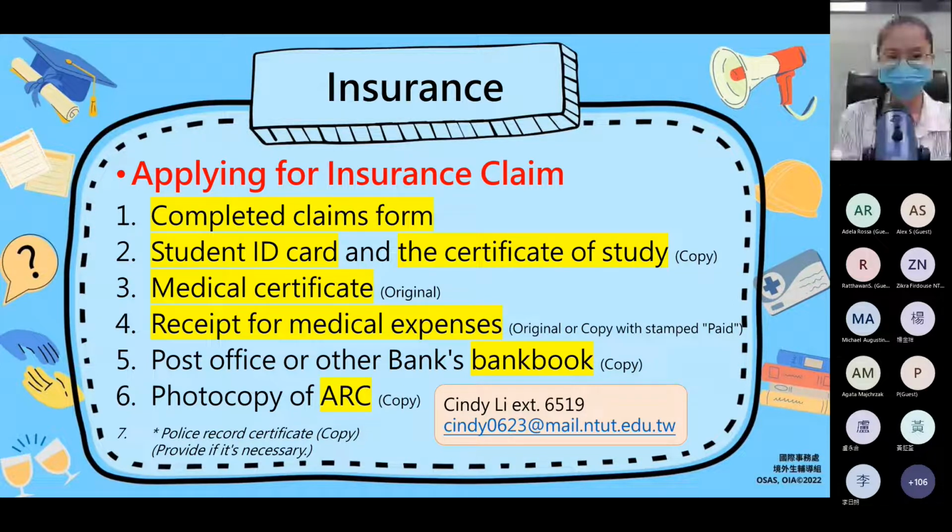can apply for this claim to get some reimbursement, 就是你可以来跟我申请这个保险。那你需要准备的文件有，来跟我填写理赔申请书，还有准备你的 student ID card 学生证，还有你事故发生当学期的在学证明, the certificate of study. The third is a medical certificate. If you go to hospital, you have to get a certificate from the hospital, and we will know